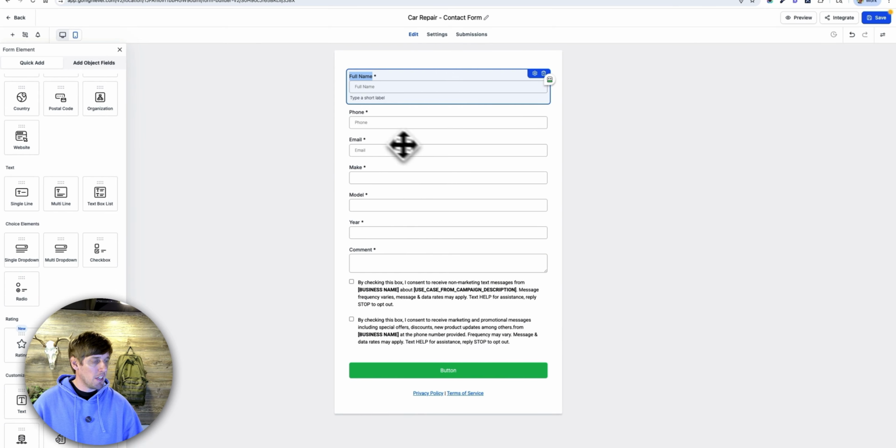So after all that is set up, this is a basic form. You will want to come in here and click Save. So now we have that car repair contact form. We can go back out